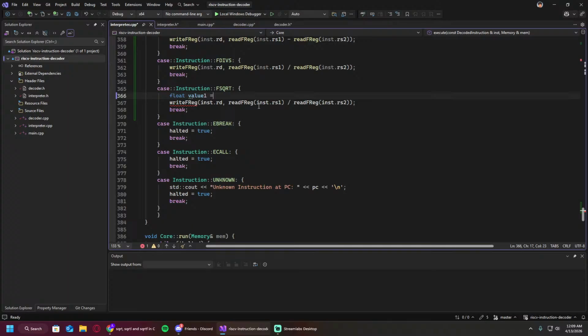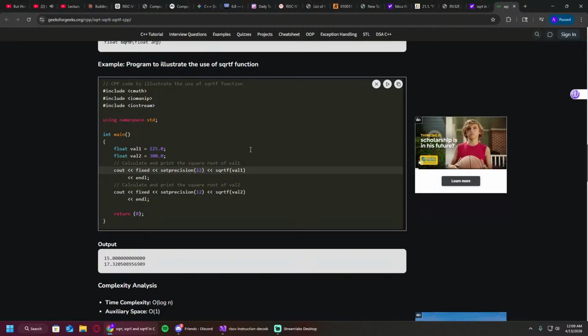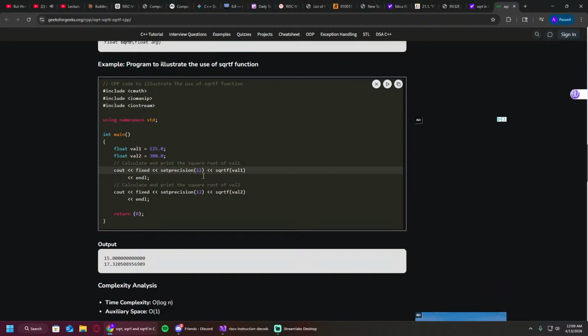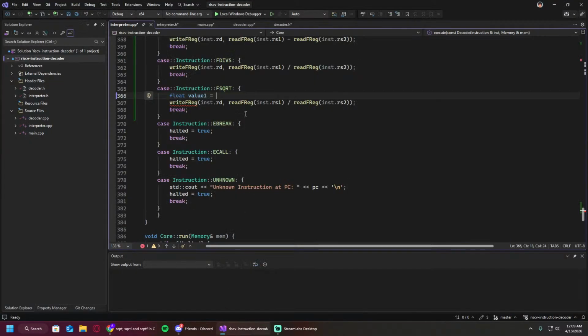Alright, I guess we can store in value 1 and value 2. And we'll read the 1 register that we need the value from. Okay, I'll just call it value. We don't need 2 values because we don't need rs2. Anyways,